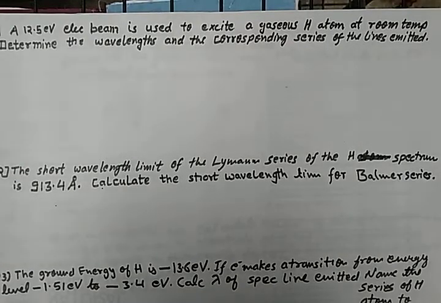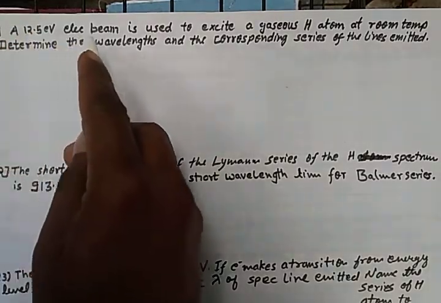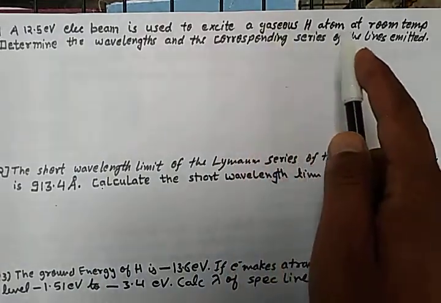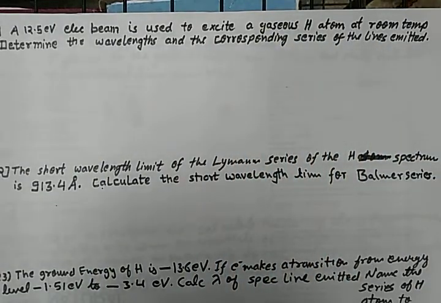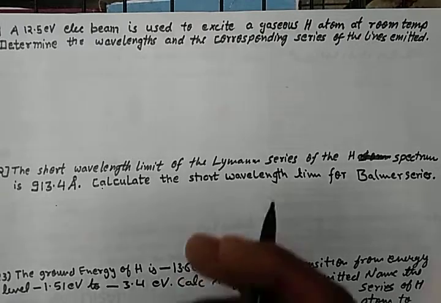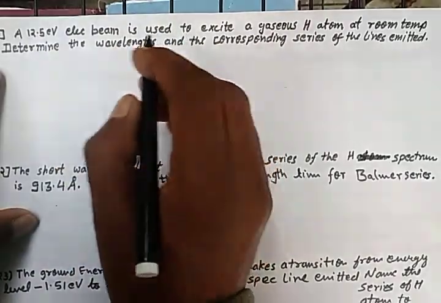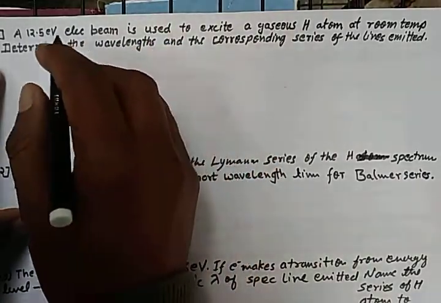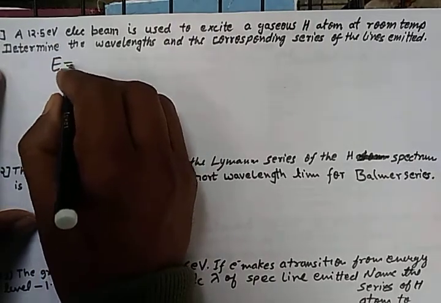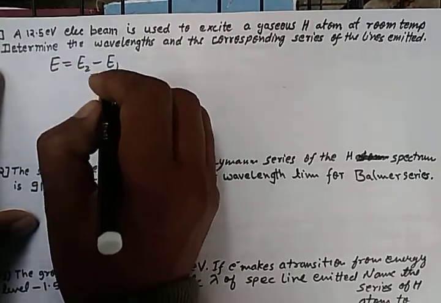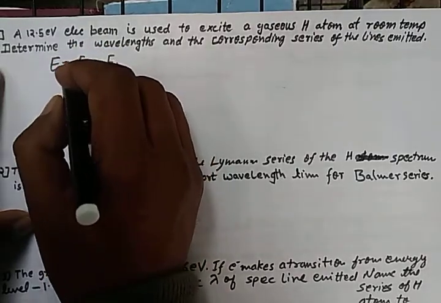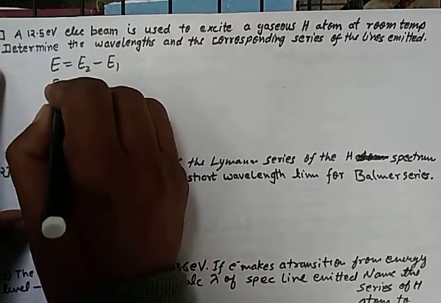All right, next. A 12.5 electron volt electron beam is used, that much energy electron beam is used, to excite a gaseous hydrogen atom at room temperature. Determine the wavelength and corresponding series of the lines emitted. So here what we will do is directly, no further confusions should be there. Actually what will happen, E equal to E2 minus E1, but we are not worrying about this. What we are going to do is this. So E is equal to